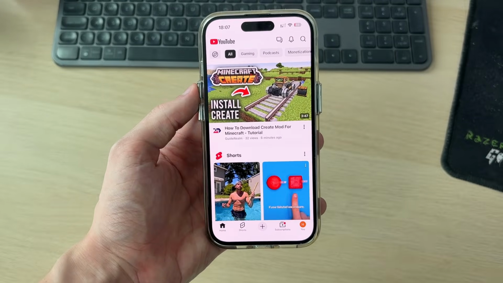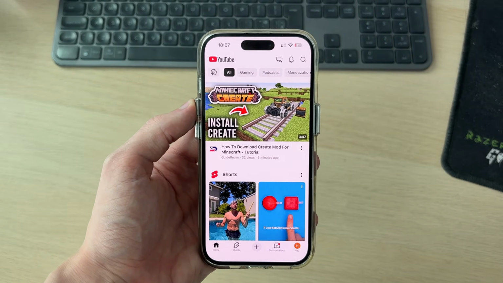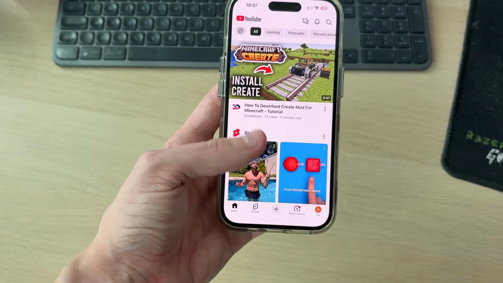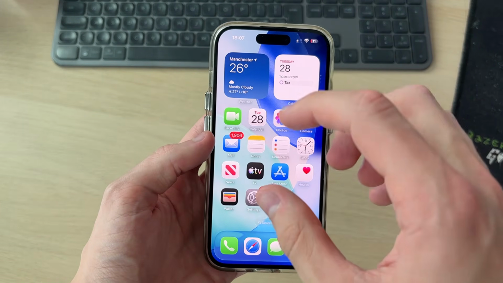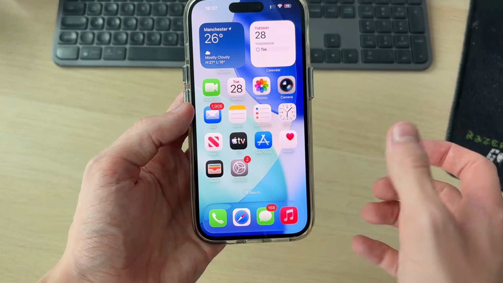So this is really cool to be able to do. We're guiding you through different ways you can do this, so make sure to follow this full guide, and let's get started. If you want to have videos playing in a little video player when you're outside of the YouTube app and on other apps,